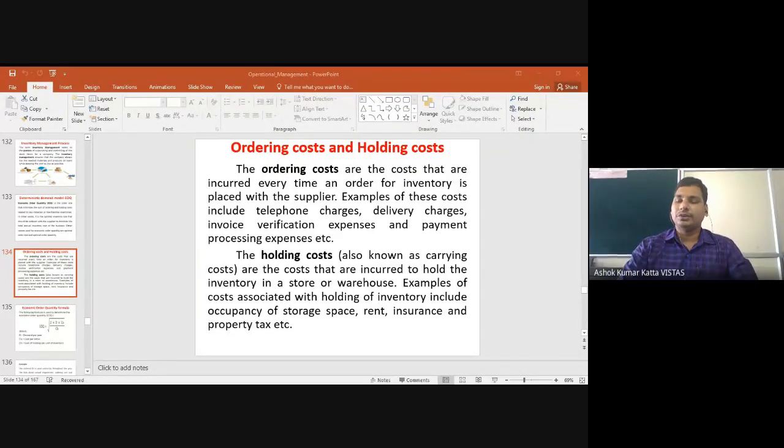Now, when you follow this concept of economic order quantity, you must understand two important points: the first is called ordering cost, and the second one is holding cost. What is this ordering cost? What is this holding cost? Why should we consider these two costs under inventory management? Because